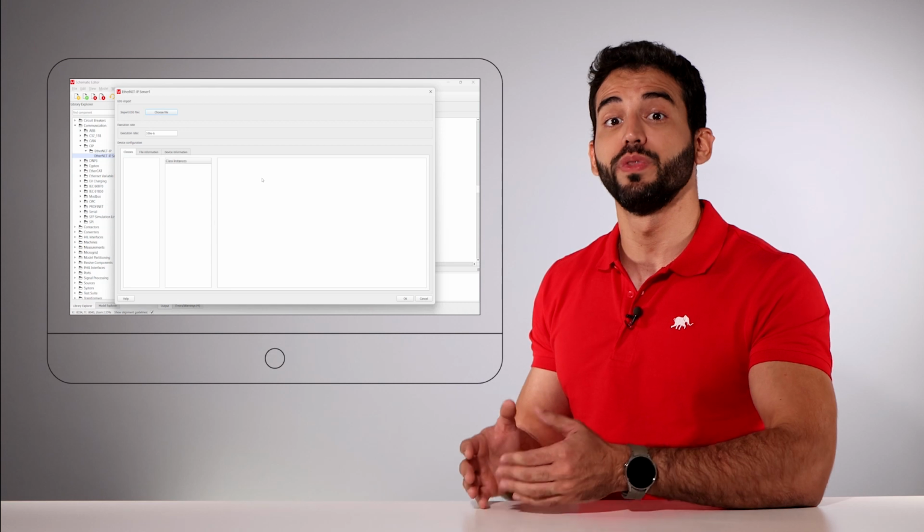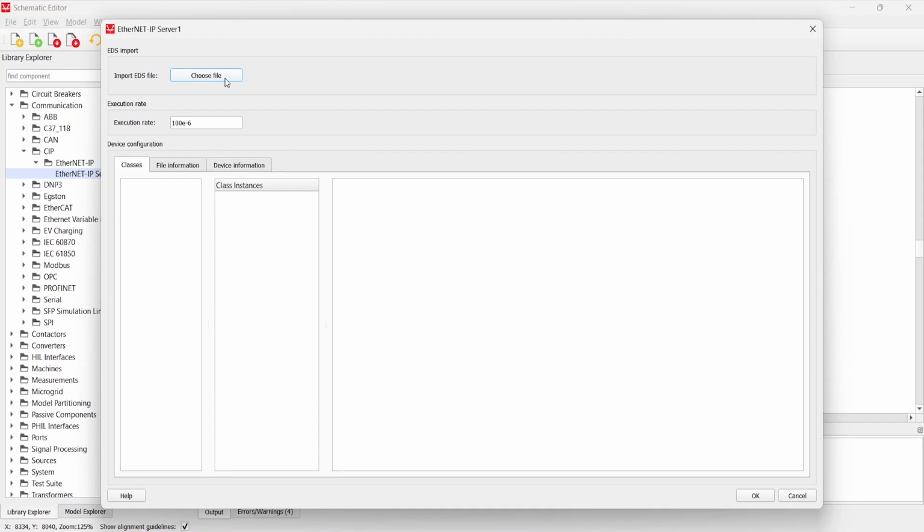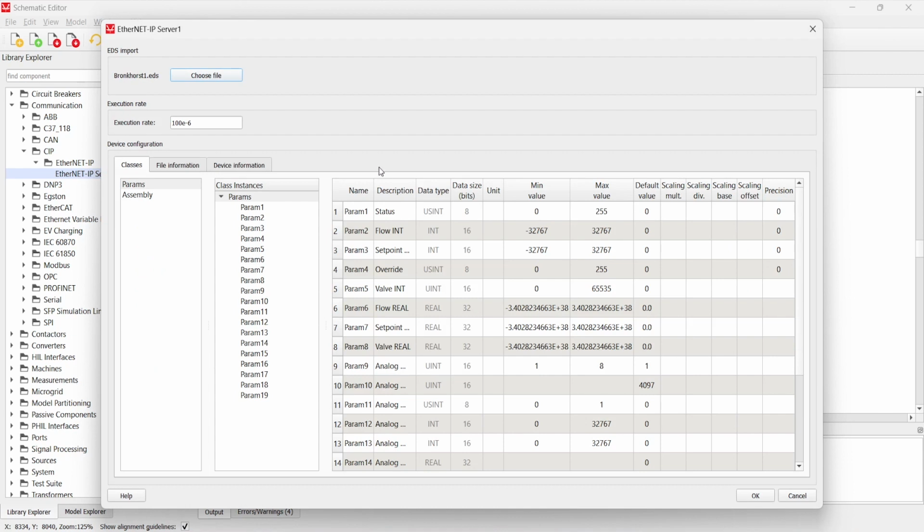Notice that, different from the demo version introduced previously, you can now freely choose an EDS file, and by doing so, the file will be parsed and all relevant information will be shown in an organized manner for you. For instance, let us parse an EDS example file provided by a manufacturer.